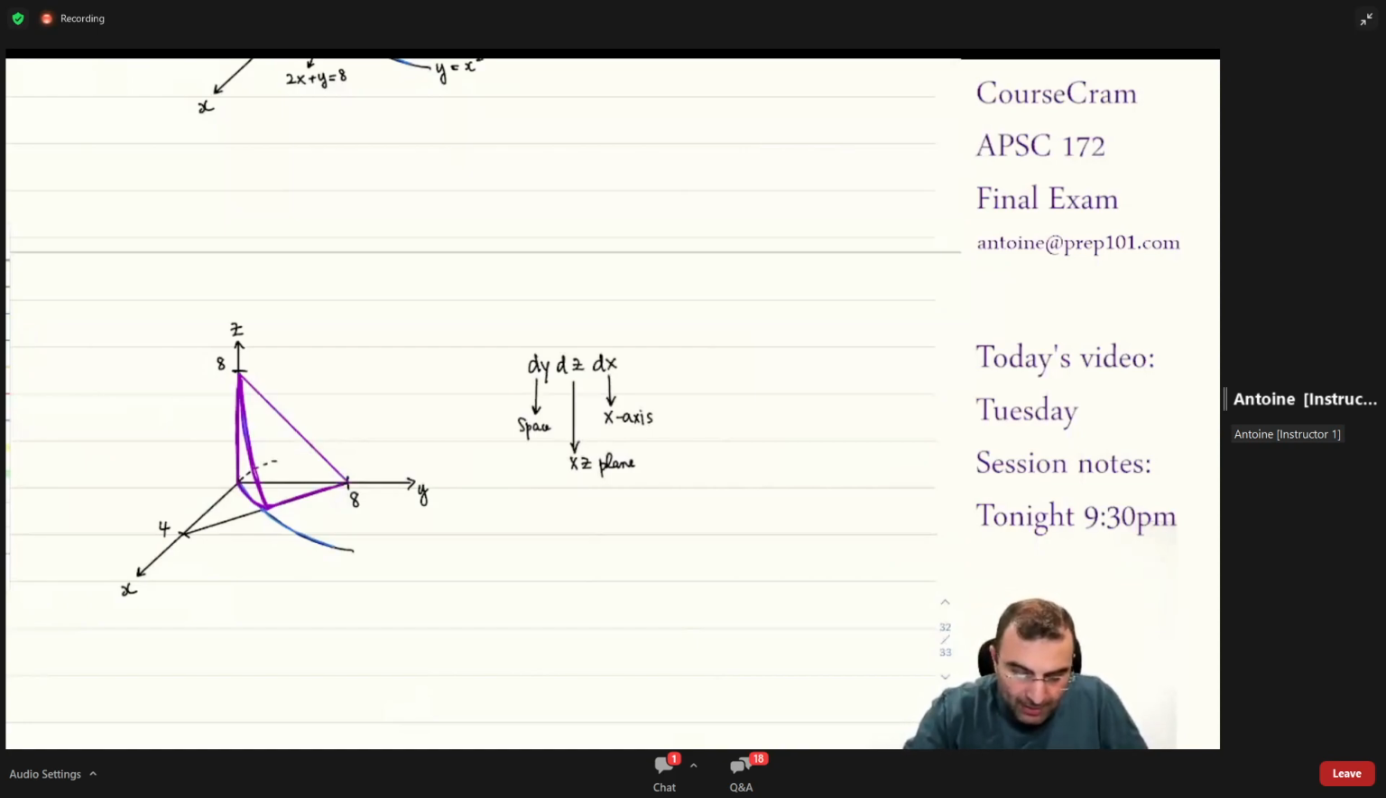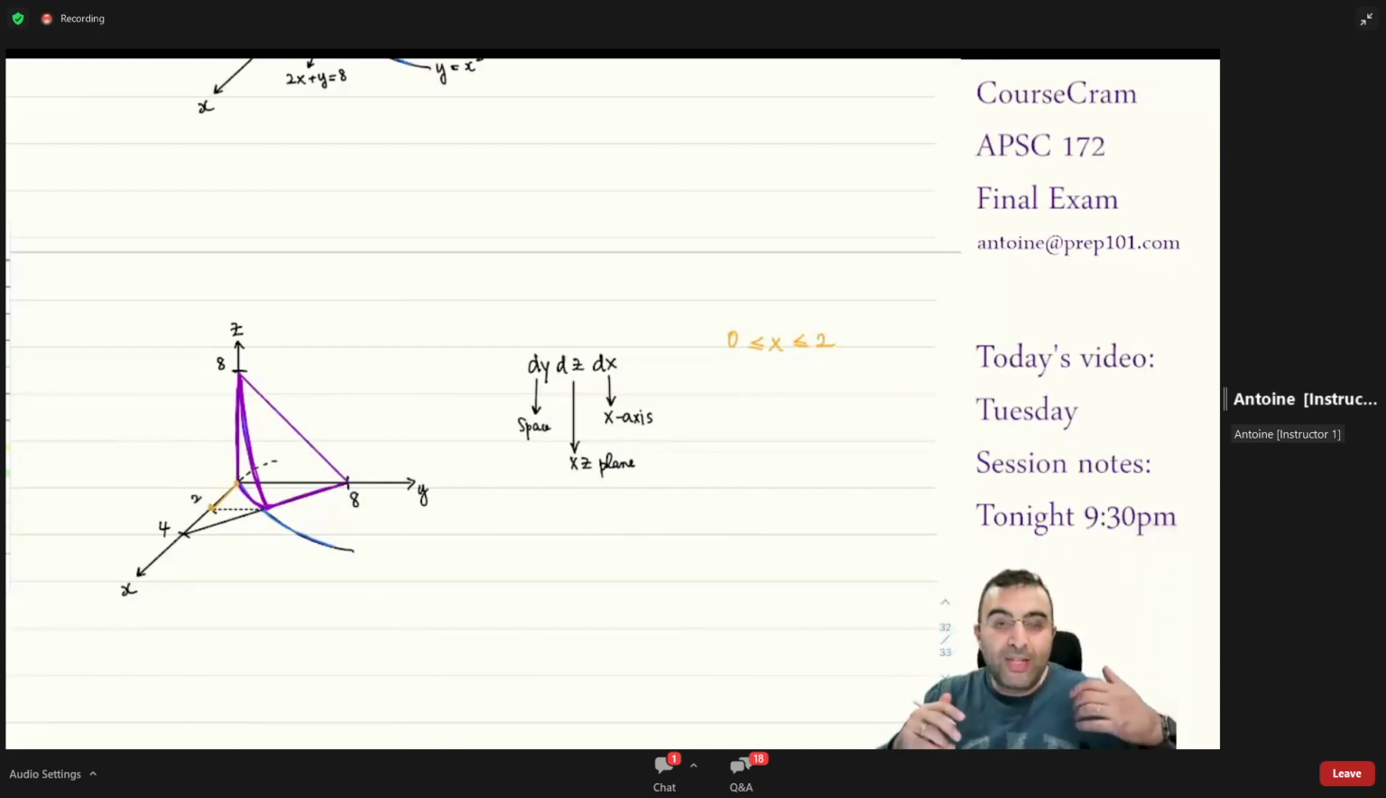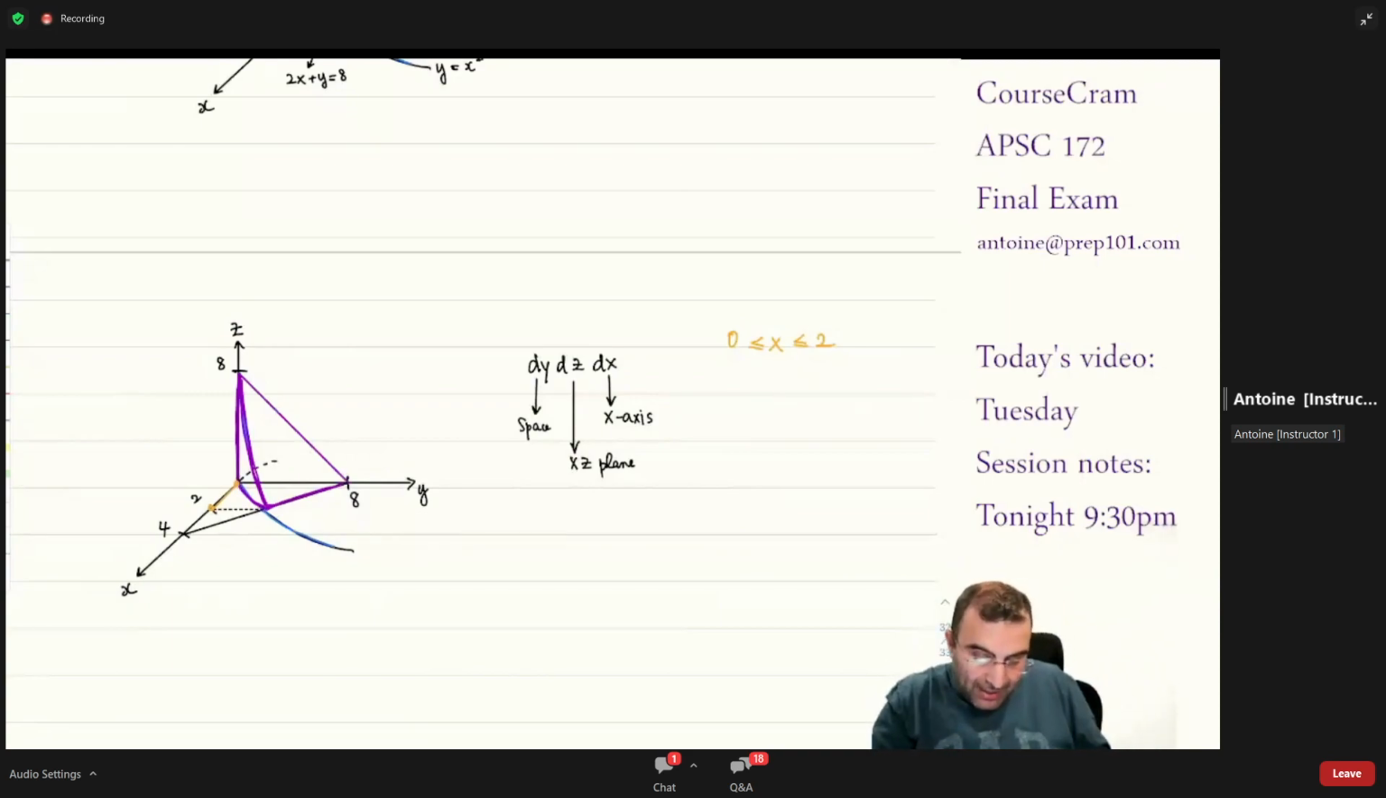So we know that this point is x equal to 2 now. We talked about this. So x goes from 0 to 2. That has not changed. Okay, what's happening with z? Remember the trick we did before? To get into the xy plane, we eliminate the z. To get into the xz plane, we eliminate y. So to get the shadow of what's happening into the xz plane,